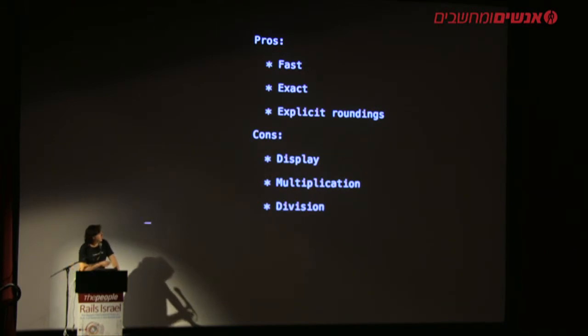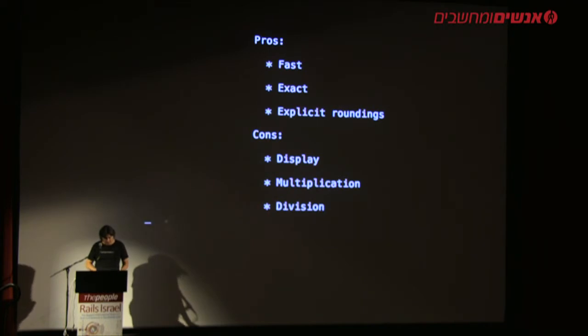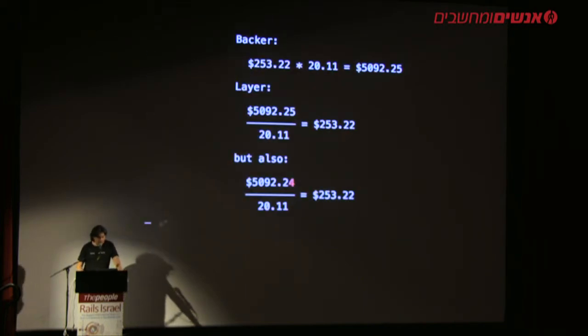Cons. You do not have the fractional parts, so you have to build it to display it. It's not a big deal, but you know. And then multiplication and division, you need to do it by hand somehow. Okay, then